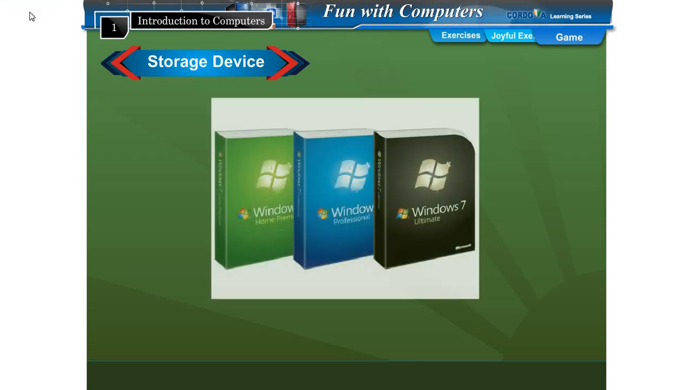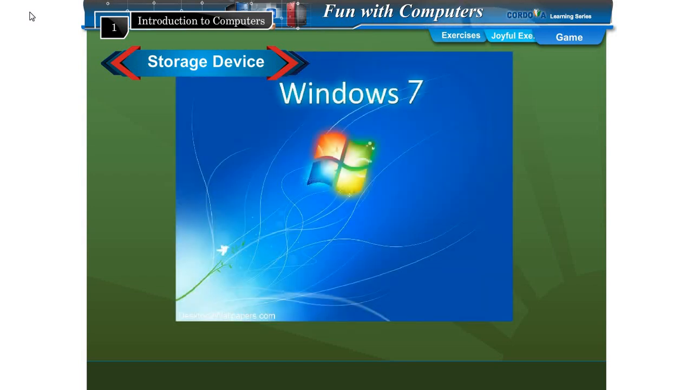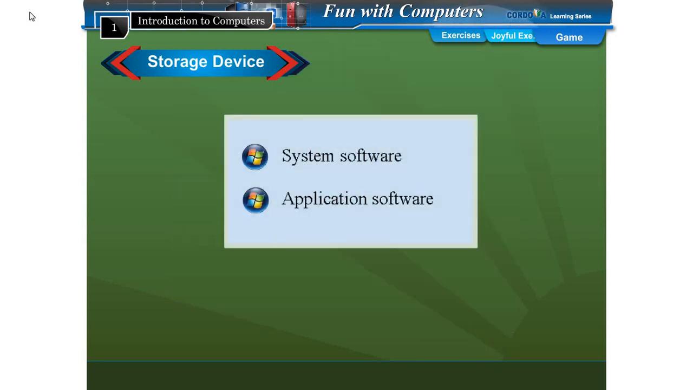Software. Software relates to a set of programs. The software controls the computer hardware parts and makes them operational. In other words, it governs the operations of a computer system. Software is classified into two broad categories: system software,